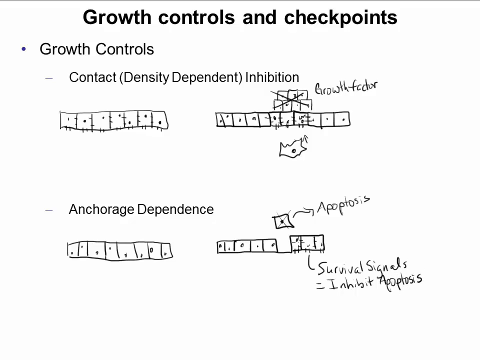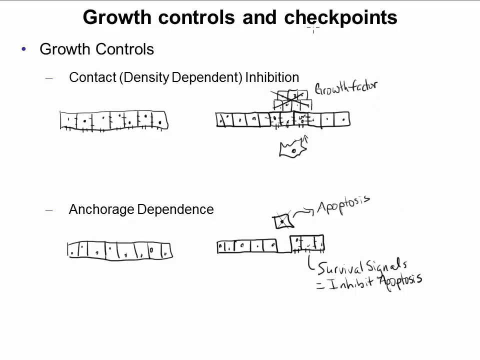So in other words, as long as these cells are attached to one another and attached to their connective tissue layer underneath, apoptosis is going to be inhibited in those cells by the signaling pathways that are initiated by these attachment proteins. If the cells break free and lose their attachments to one another, then that inhibition of apoptosis is lost, and so apoptosis is sort of the default state, and it gets initiated and this cell is removed from the body. So these are two general mechanisms of controlling growth and making sure that cells are behaving nicely in the context of the organism as a whole.